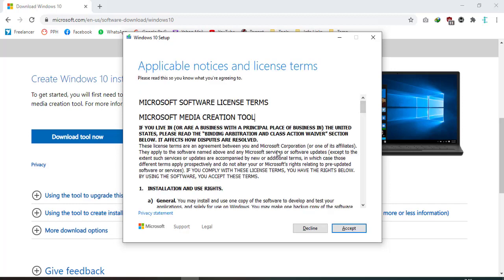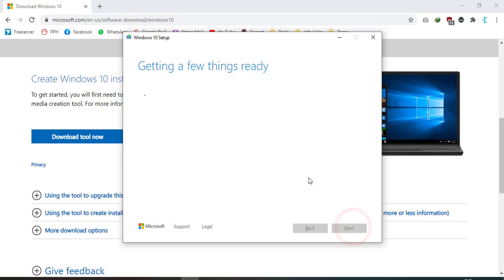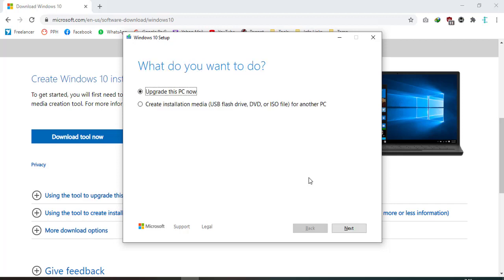Accept their terms and conditions, and the next step is to choose upgrade this PC or create installation media.